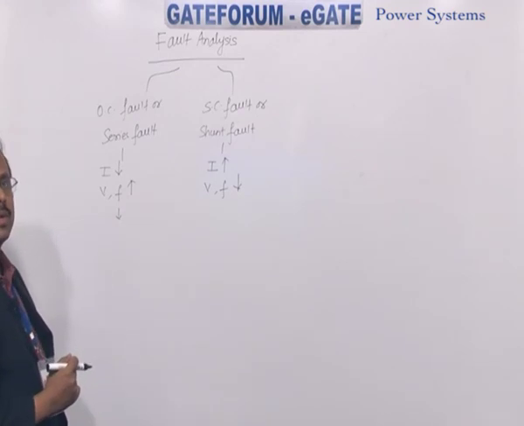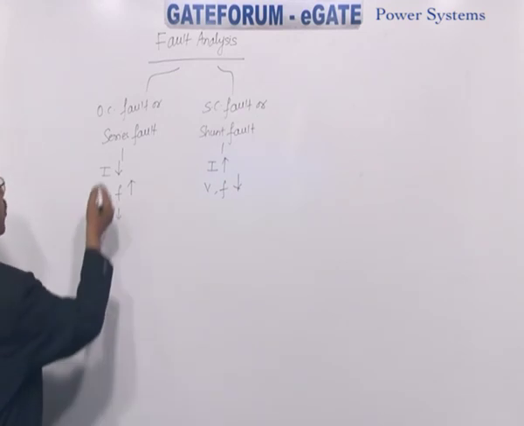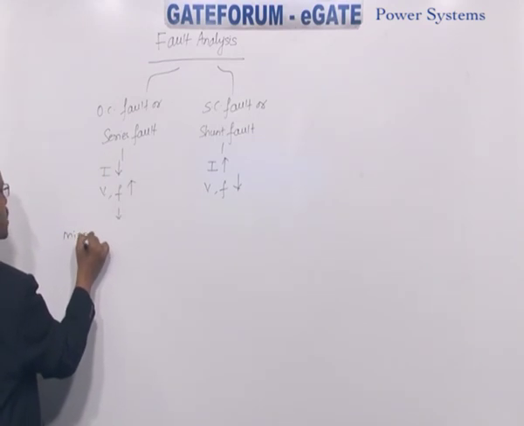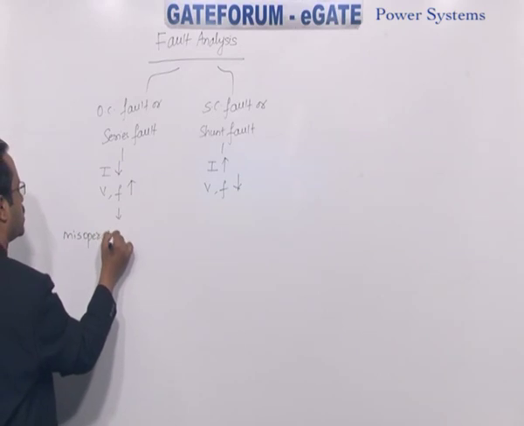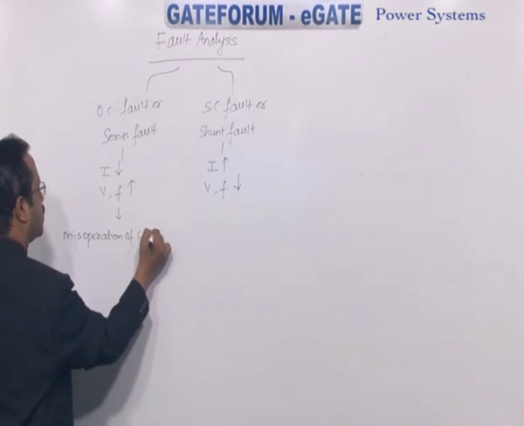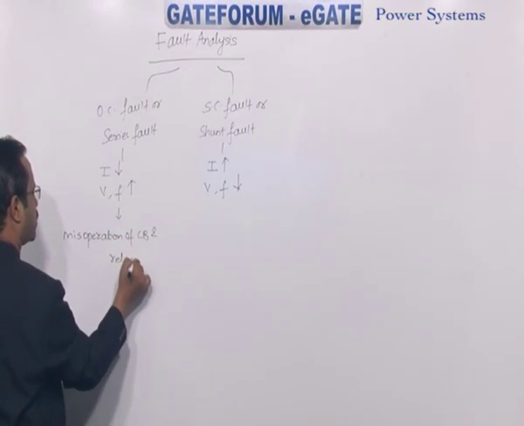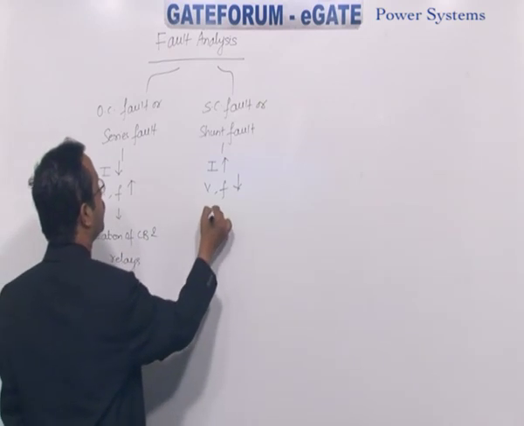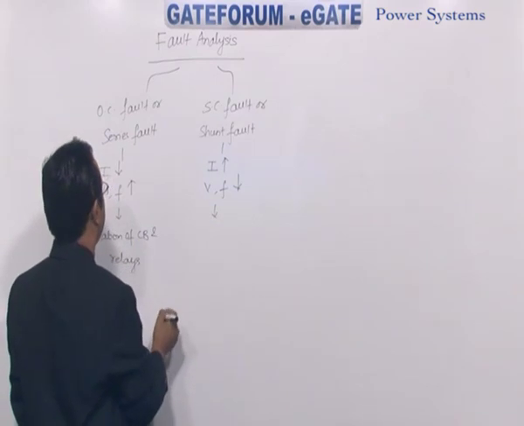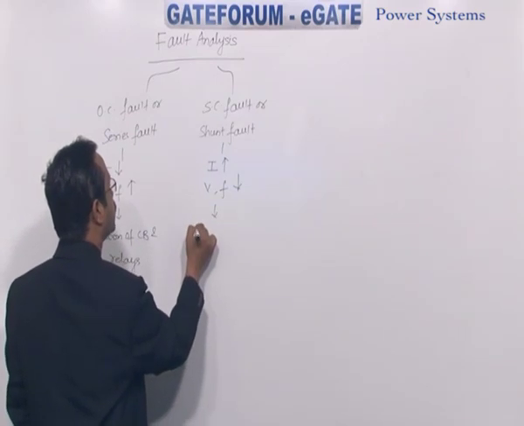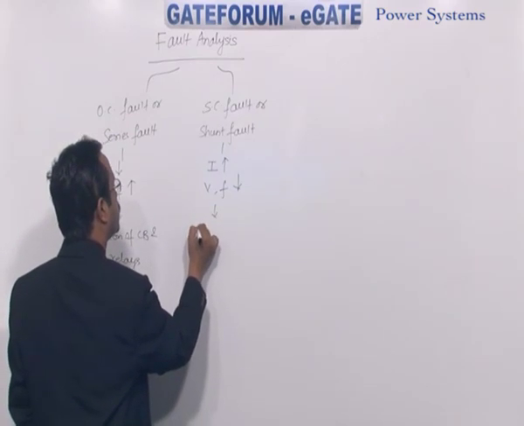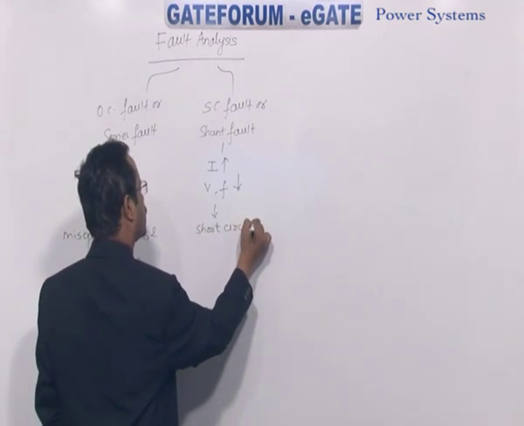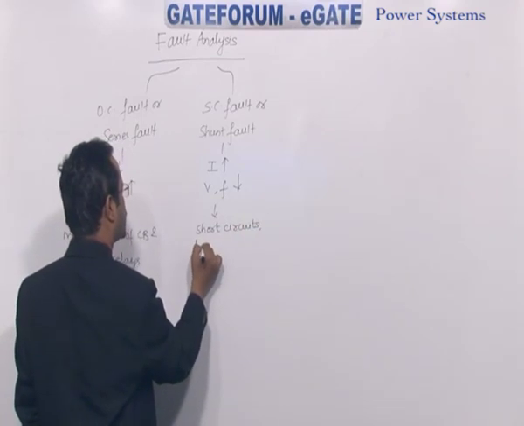And why do you get the open circuit fault? The open circuit faults are due to misoperation of circuit breakers and relays. So what about these shunt faults now? They occur due to short circuits, lightning surges,